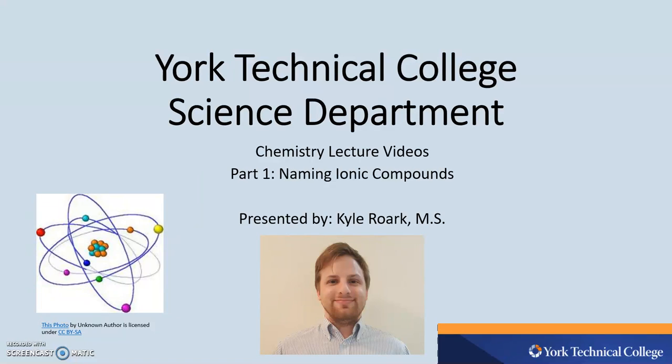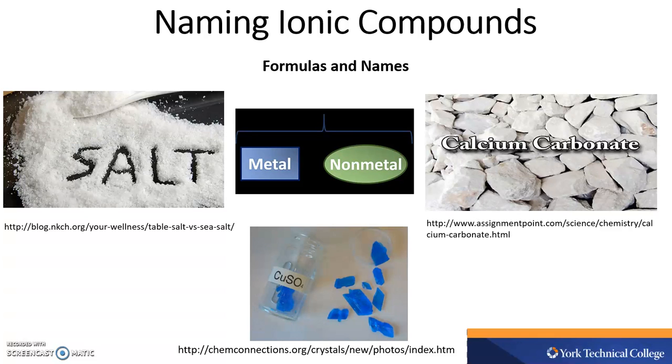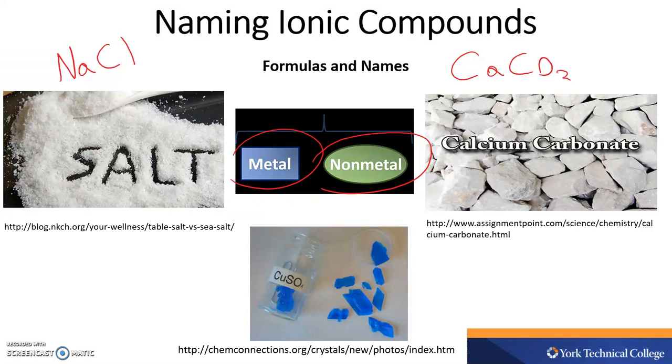The first part is naming ionic compounds. If we recall that an ionic compound is composed of a metal and a nonmetal, I have a few examples here. Table salt is sodium chloride, NaCl. Over on the right we have calcium carbonate, commonly referred to as chalk. And then below we have copper 2